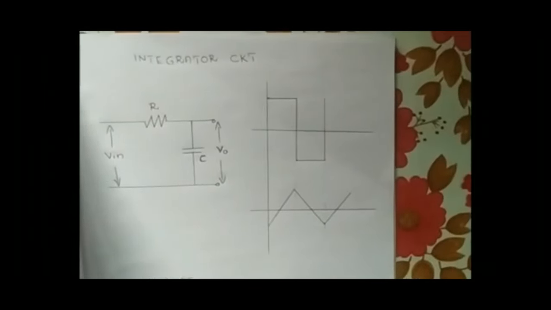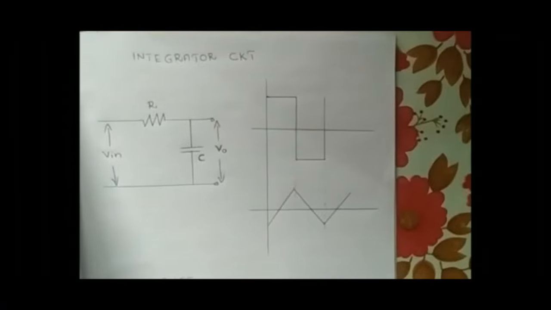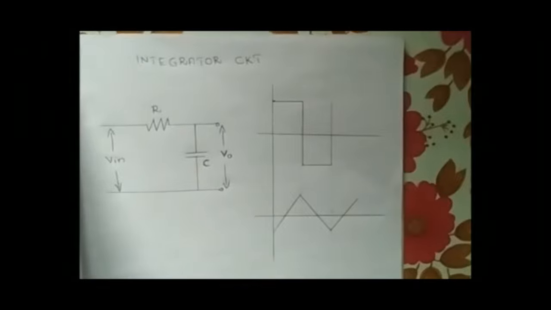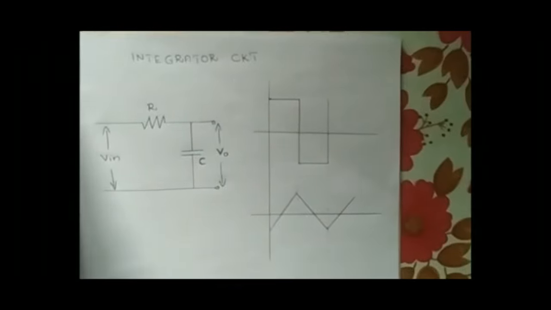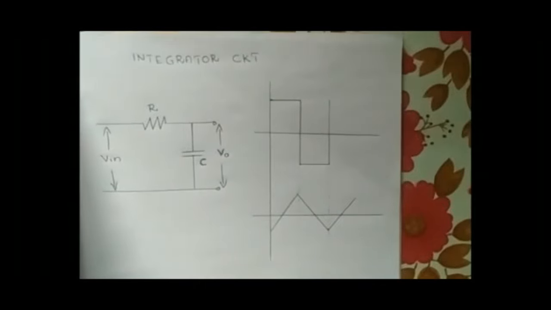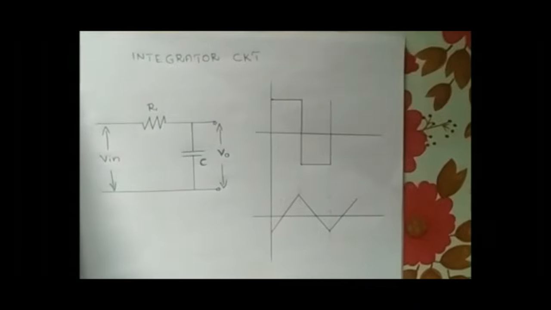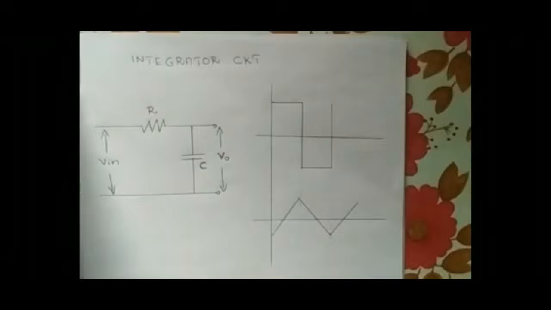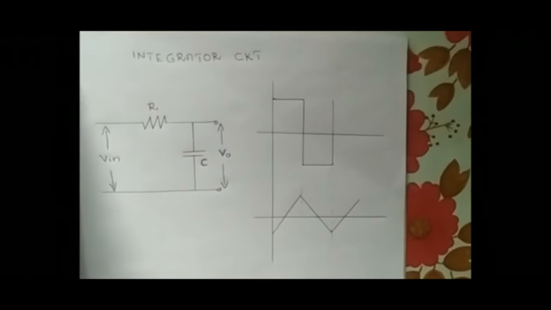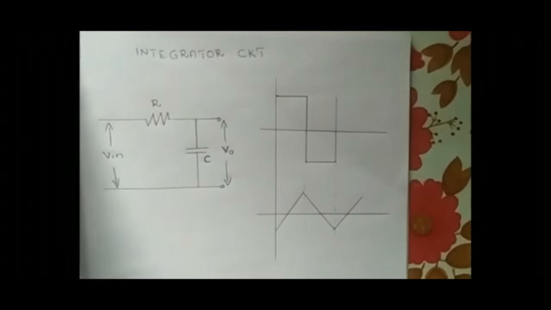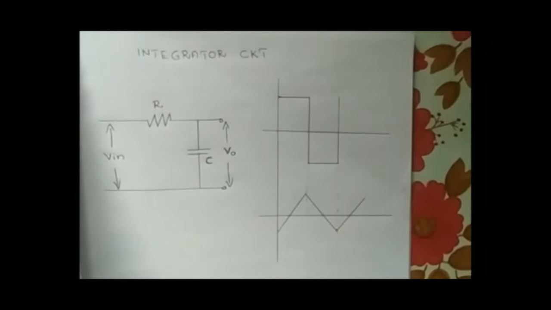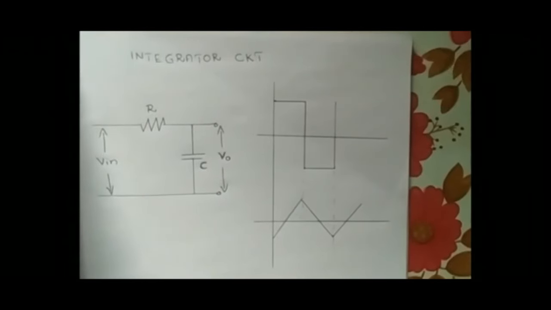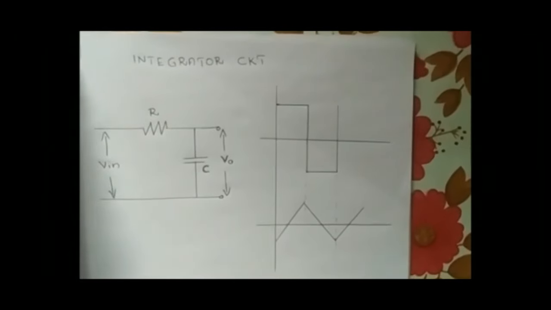Limitations of RC integrator circuit: its gain is less than unity. For perfect integration, the RC integrator has a large time constant, and its output is not a linear function of input. The RC integrator circuit is widely used in noise removers, and it is a basic charging and discharging circuit in high order filter circuits, and it is used for signal coupling and bias decoupling in amplifiers, timers and oscillators.